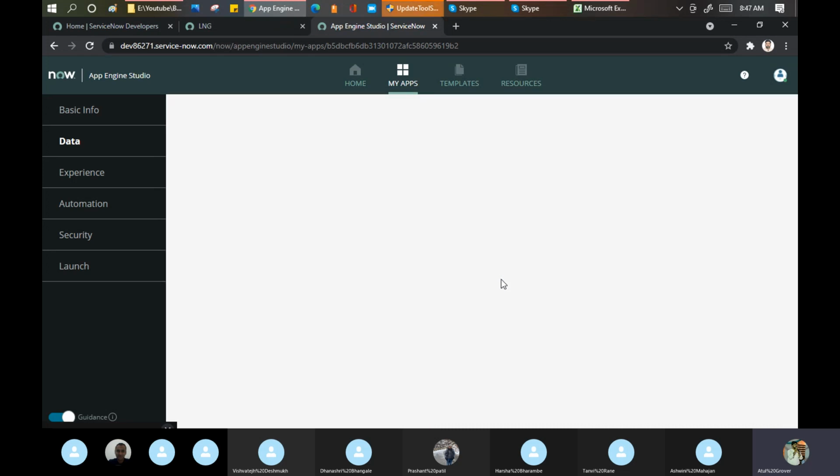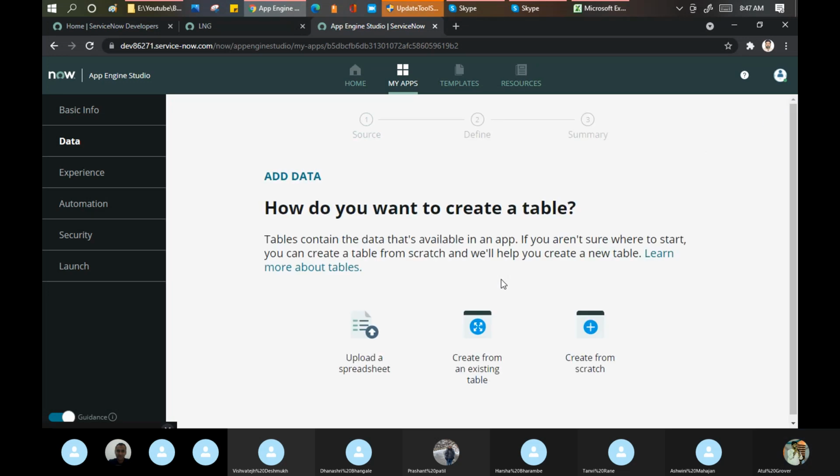Or if you want to create, you can create here. You can do it from the upload. You can do it from the existing table. It means task table, incident table you can use, or any other table, or you can create from the scratch.